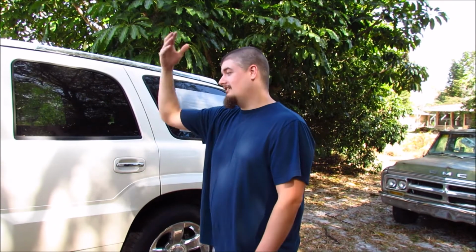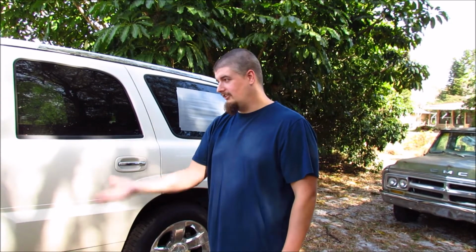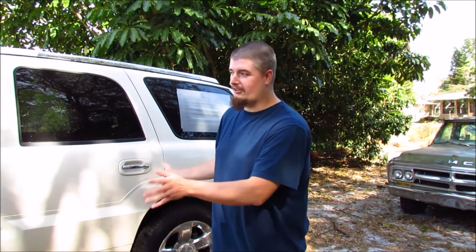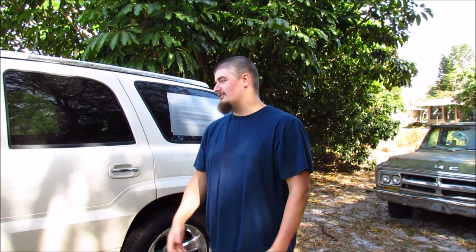Fast forward 2 more days after we picked up, it was 1 day after we picked up the S10. We went down, looked it over, he hooked up the jump pack to it. He's like, why'd you bring a trailer? You know you can drive this thing home, right? And we're like, there's no way this thing runs and drives the way it's supposed to, looking at all the things wrong with it. So he hooks up the jump pack,